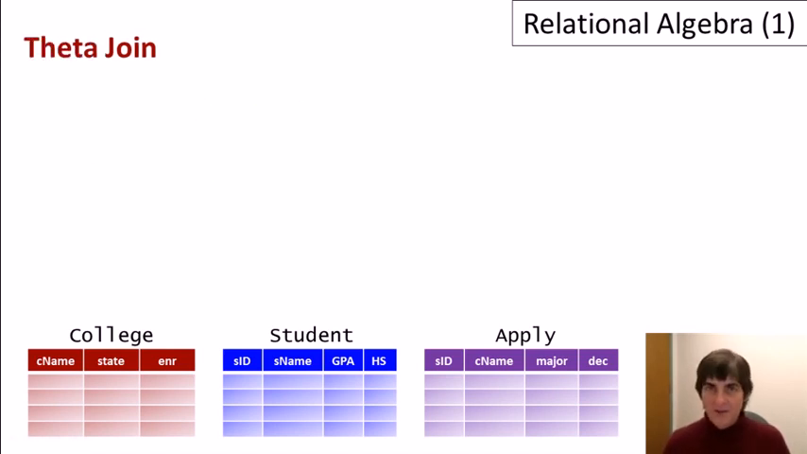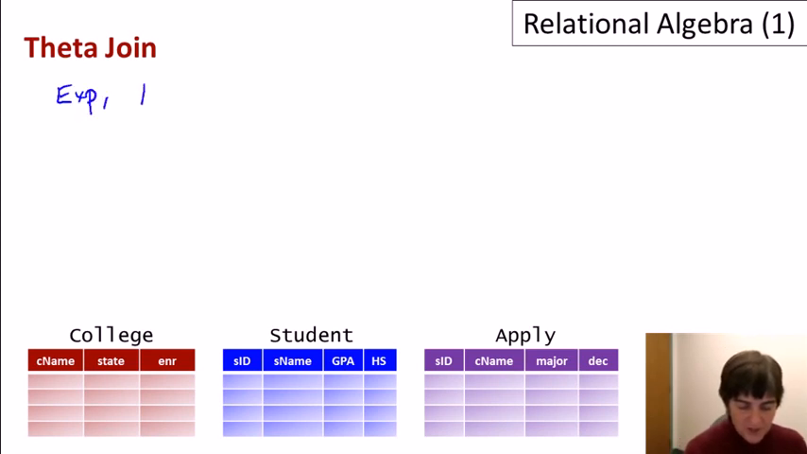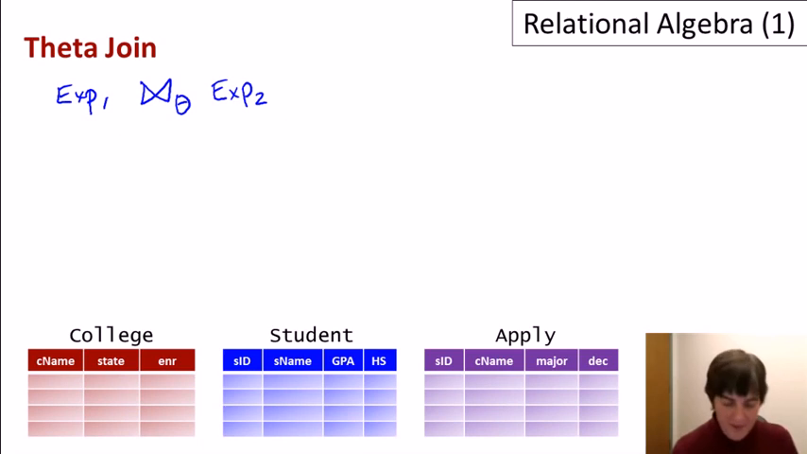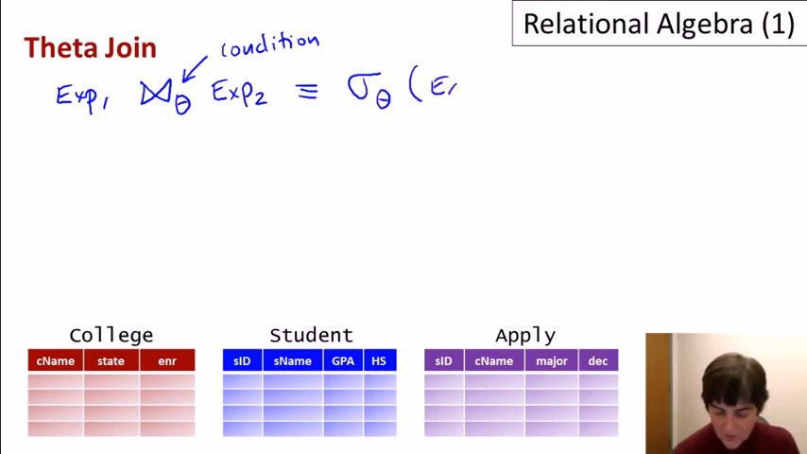The last operator that I'm going to cover in this video is the theta join operator. Like natural join, theta join is actually an abbreviation that doesn't add expressive power to the language. Let me just write it. The theta join operator takes two expressions and combines them with the bow tie looking operator, but with a subscript theta. That theta is a condition. It's a condition in the style of the condition in the selection operator. And what this actually says, it's pretty simple, is it's equivalent to applying the theta condition to the cross product